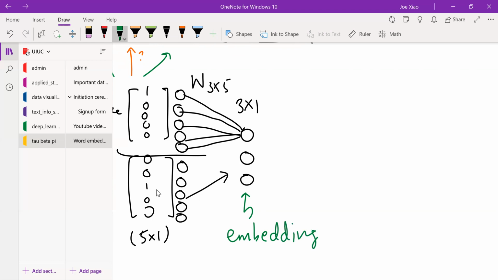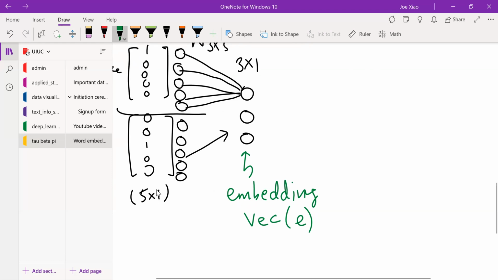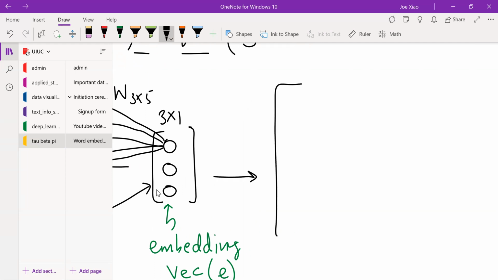So this is actually how we would like to represent these words instead of the one hot representation. We'll call these embedding vectors, maybe we'll call them E. And then we're going to turn this embedding vector back into a 5x1 vector. And this is something called a softmax